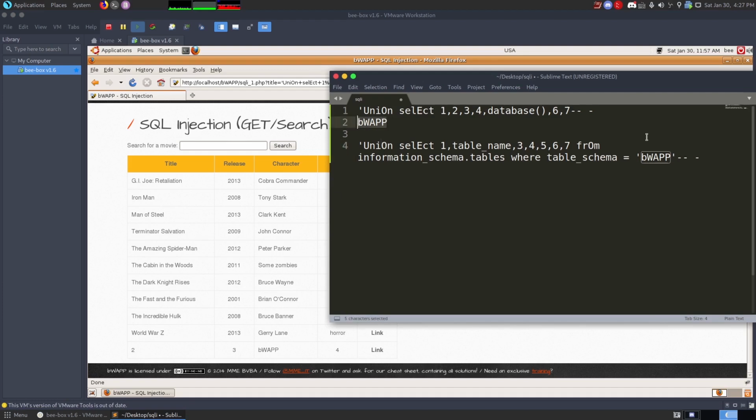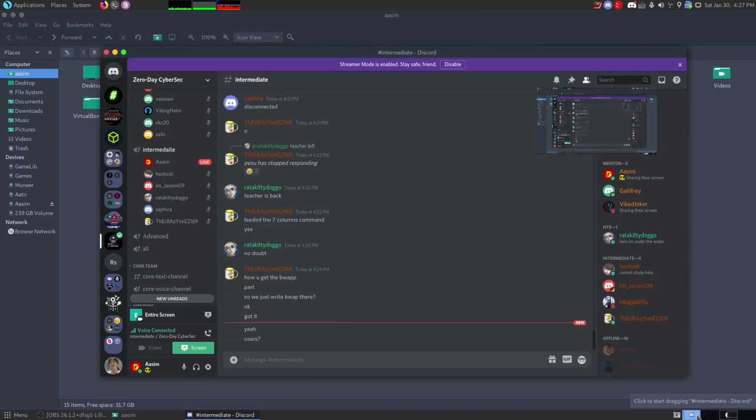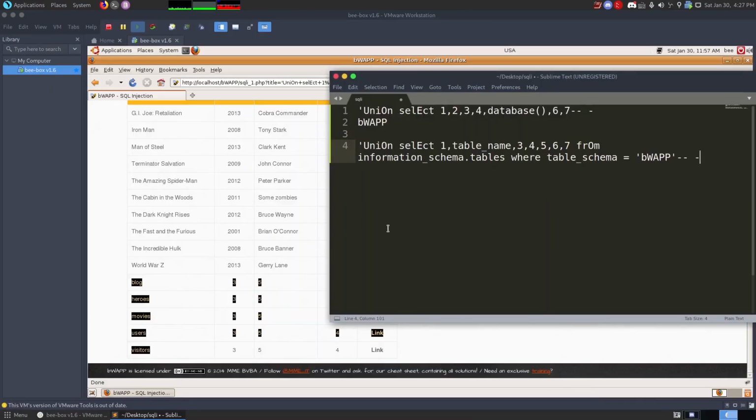So we have a database name. We replace it with the database name there, and we take our payload, put it in, click on search, and we have all the tables which are there. So out of these, which is the one you want to explore, or which one particularly is considered vulnerable? Which one of these do you want me to go ahead and look? Okay, yeah, users, because users have info about the users' accounts which are currently being leaked everywhere by hackers. So users,